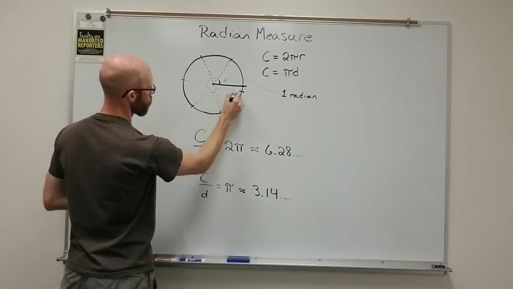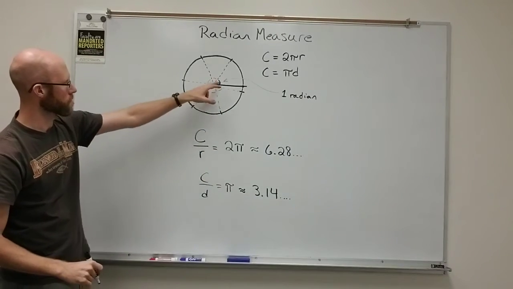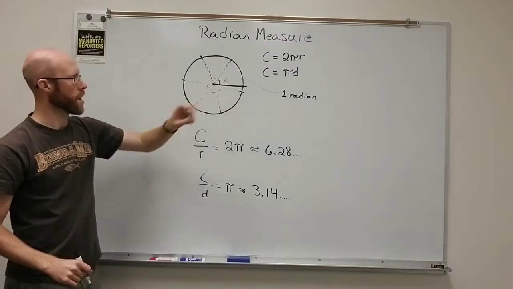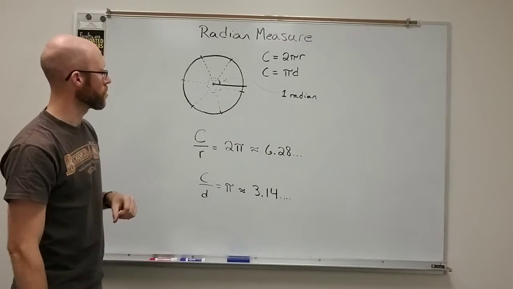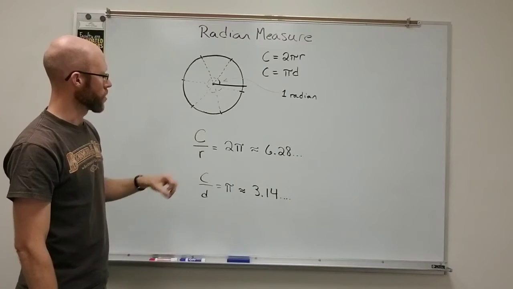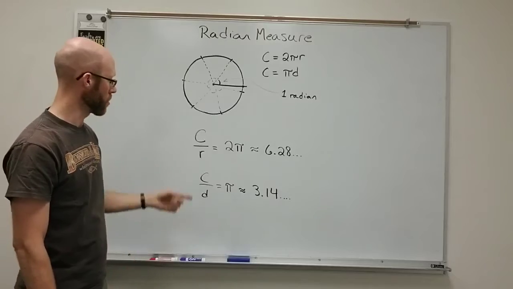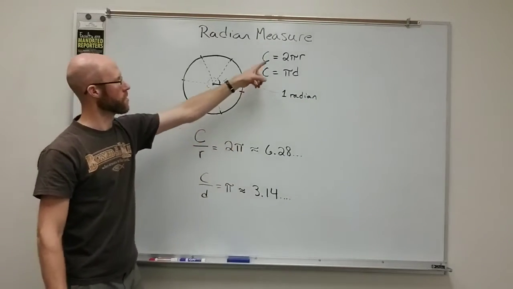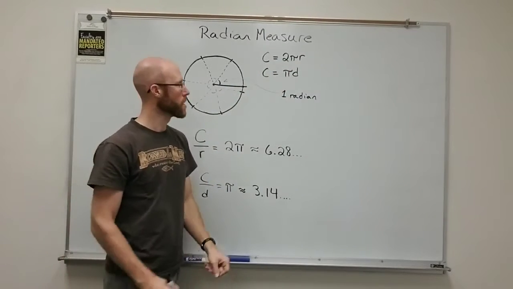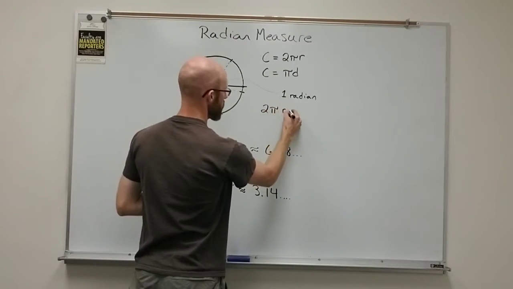And of course, you don't quite get all the way back to the beginning when you do this. You have 6 sections and then 1 little portion of one. Okay, so you end up having 2 pi radians in the entire circle, right? So the entire circle gives you 2 pi radians, or 2 pi r, okay? And so there are 2 pi radians